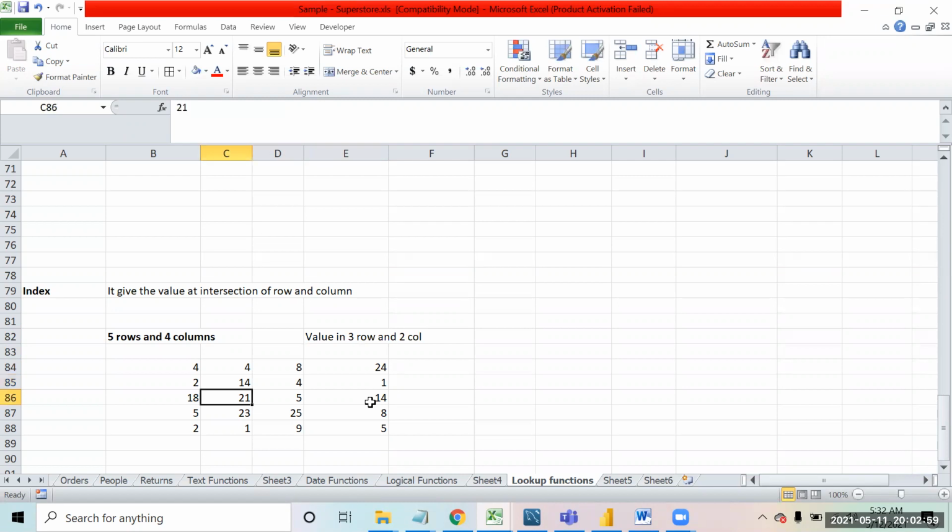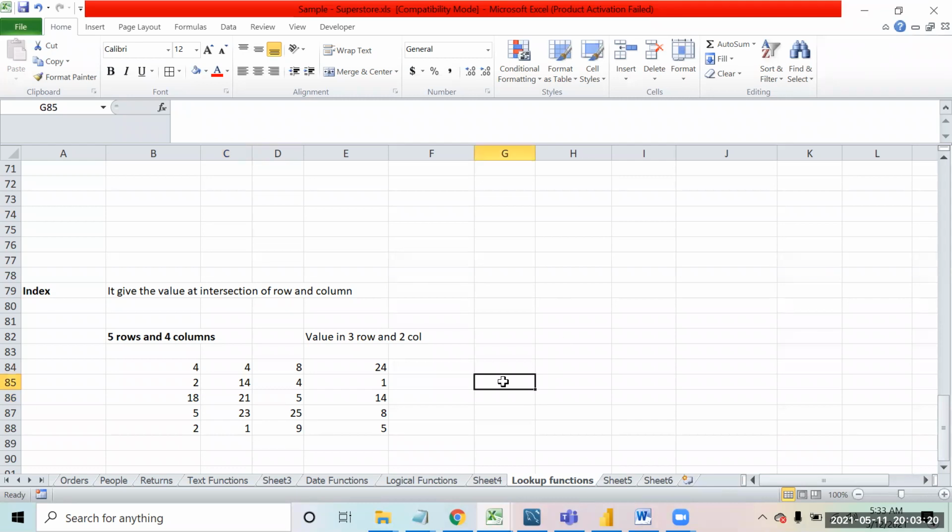I'll get 21 as an output. If I ask what is the value lying in the fifth row, third column? 9, right? Fifth row, 9. So this is what you have done manually. Now the same thing I will get from the formula.